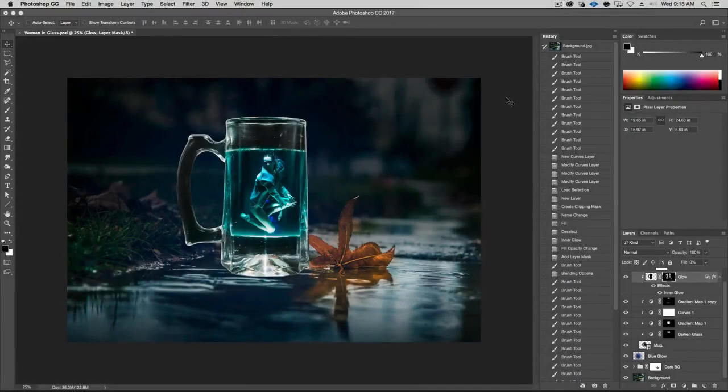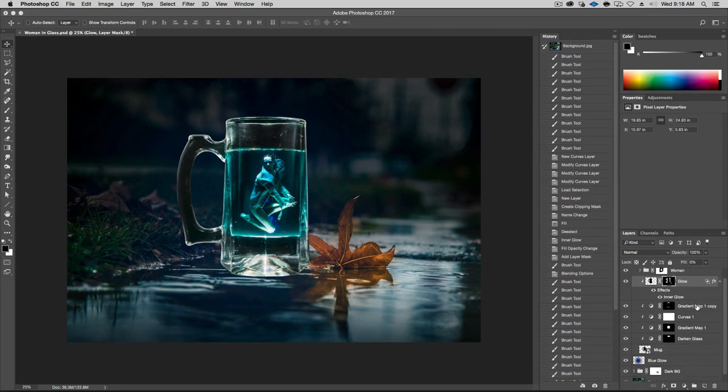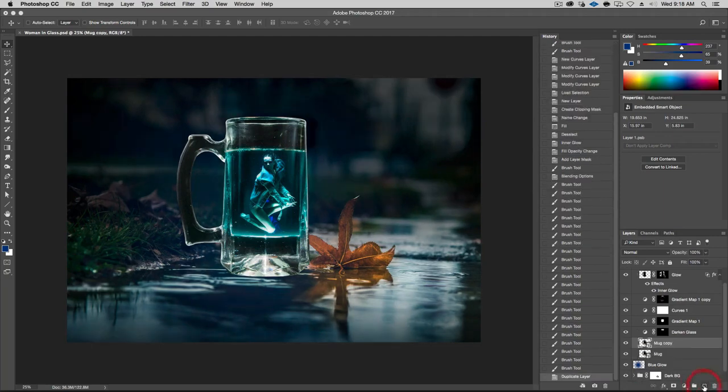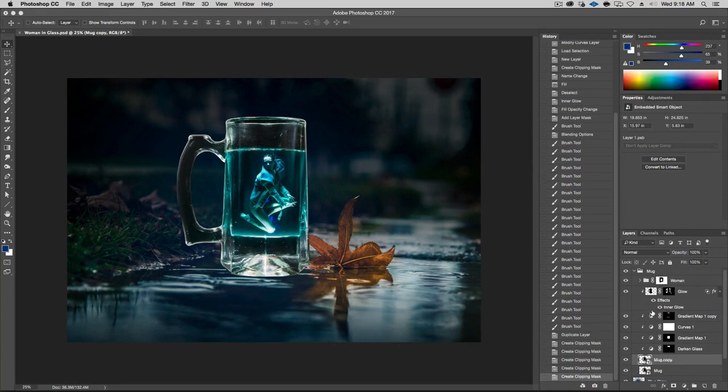All right, so to continue on this, I would like to get a little bit of the original lighting from the mug in front here. So I'm going to go ahead and do that. I'm going to basically make a copy of the mug here. All right. Oop, all the clipping masks kind of undid themselves. So let's go ahead and hold the Alt key and put all that back in here. That's fine. Good. There we go.